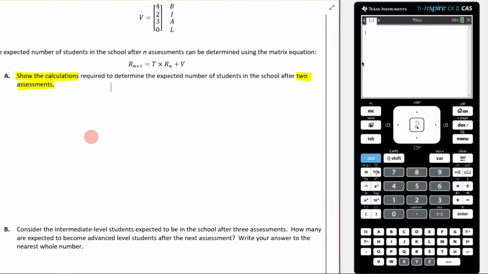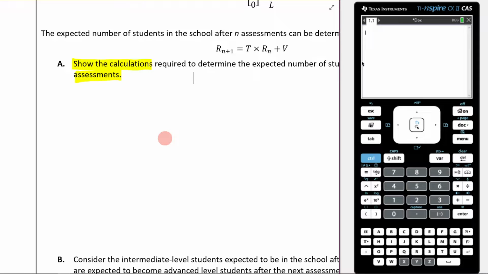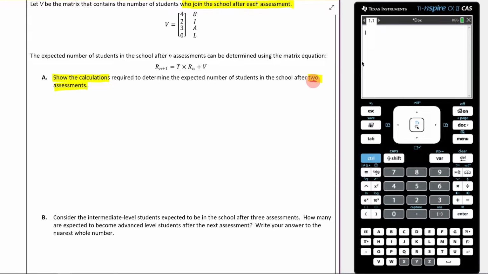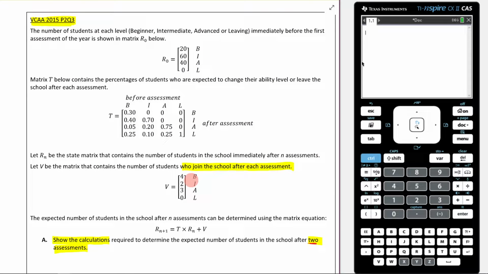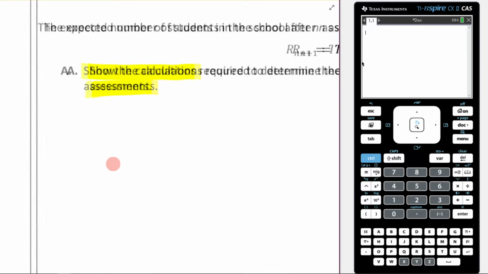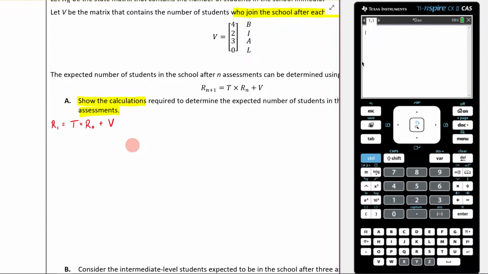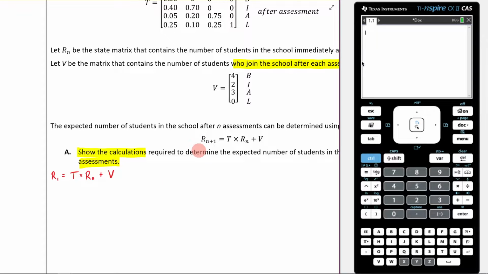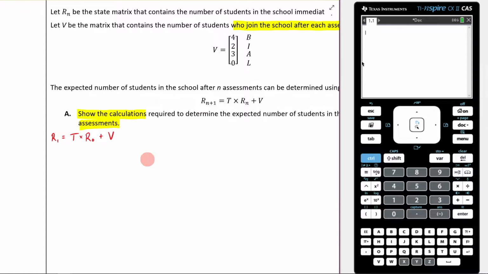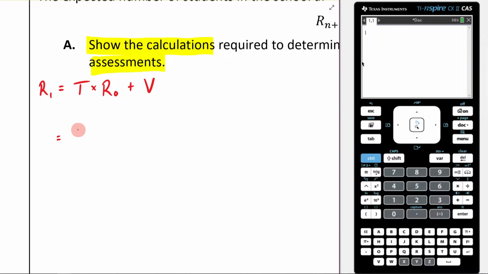So unfortunately, what you have to do is figure out each level as you go. So let's do that. If I want to figure out the number of students after 2 years, I'm going to have to figure out R1, and then after I figure out R1, I can figure out R2. Now I'm given the initial amount up here. So our first thing that we're going to write here, and we're going to have to make sure that we give ourselves plenty of room, is that R of 1 is going to be equal to my transition matrix multiplied by my initial matrix plus the kids that are joining the school. So this is going to take some time. I've got it up on another screen here so I can zoom in for a moment. All right, it's going to be